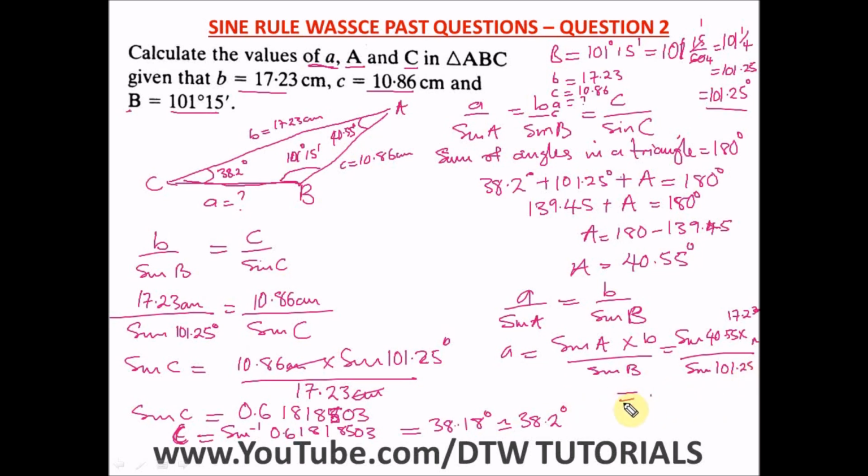When you punch it in your calculator, we are going to have 11.42 centimeters. I hope you know how to navigate your way around your calculator by now. You should. So this is our answer for